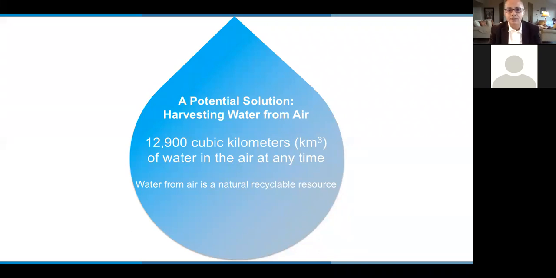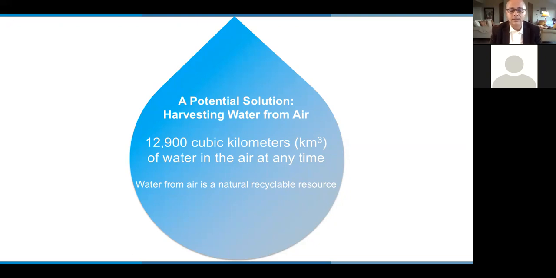Our idea is that there's plenty of water in the air. In fact, there's as much water in the air as we have on our planet in rivers and lakes. So here, the estimate is that it's around 13,000 cubic kilometers of water in the air at any one time. And if you can find a way of extracting this water from air, you could bring drinking water or water